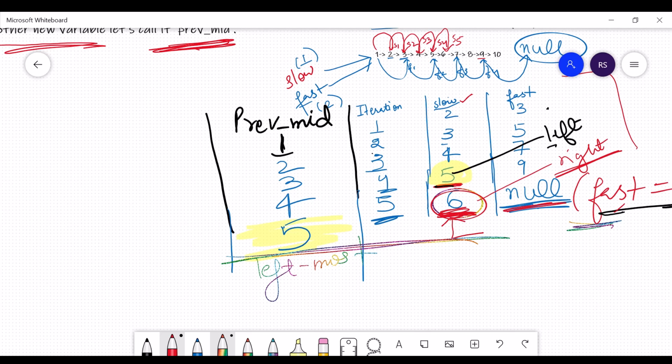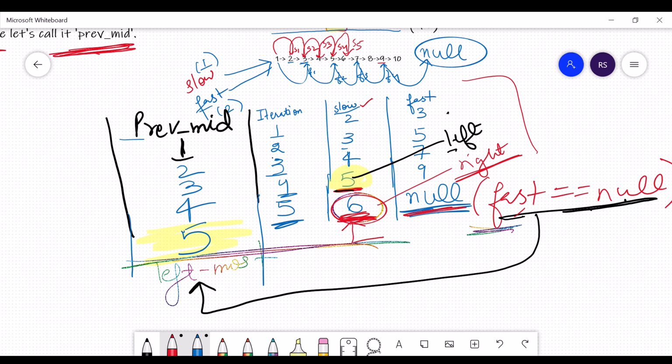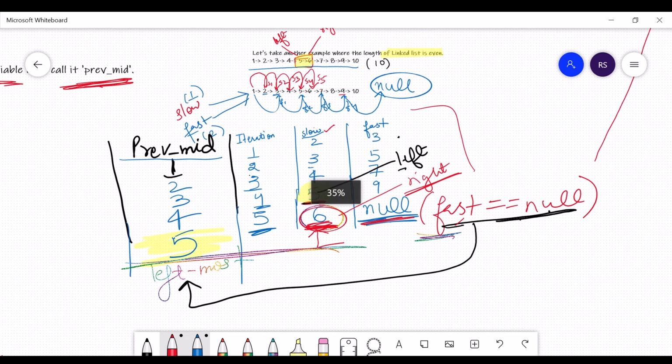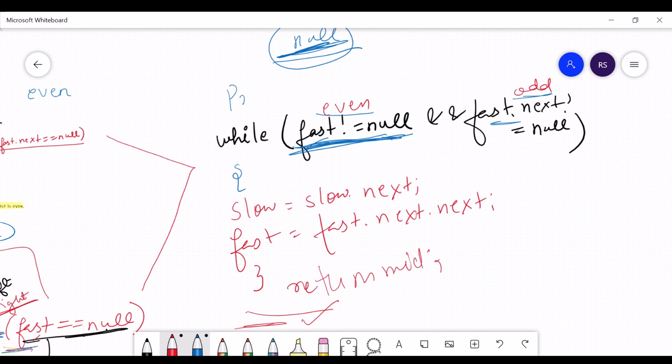When this condition equals true, when fast is equal to null, we are getting the leftmost midpoint in the previous_mid. So by introducing another variable, we are successfully able to solve for the leftmost midpoint in the last iteration. Let's make our changes in the pseudocode to accommodate the previous_mid variable. We need to define one more variable, that is previous_mid, which is initially pointing towards null, and in each iteration